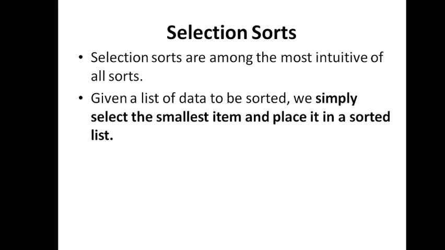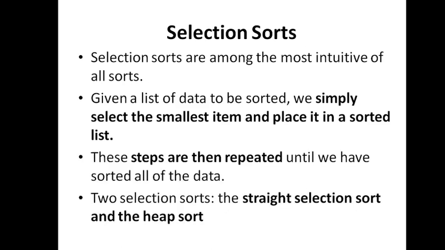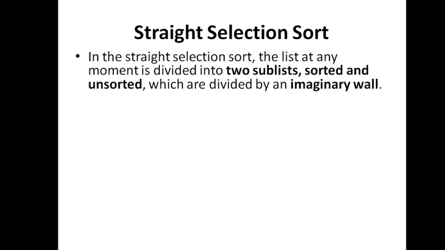Similarly, if you proceed in this way, the second iteration will bring the second smallest element to the second position, and so on. The reason this is called a selection sort is that in each iteration we select the smallest element for that iteration and bring it to its appropriate position. There is one more type of selection sort called heap sort, which is not being discussed in our topic. We are only using the straight selection sort, which I just mentioned.